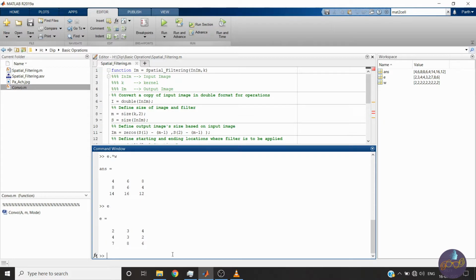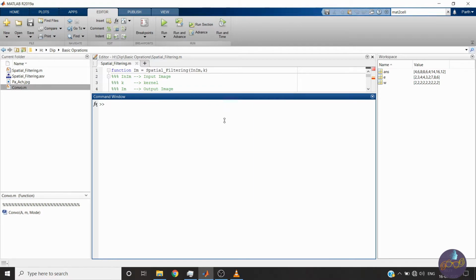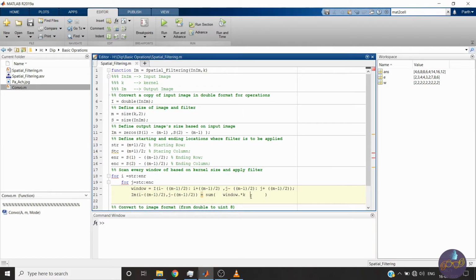You can see, let me print E and W again. See, this was E, this was W. And if we do dot star, then it is 2 into 2 is 4, 3 into 2 is 6. So it will do piece by piece, which is exactly what we needed. Okay, then we will sum it.